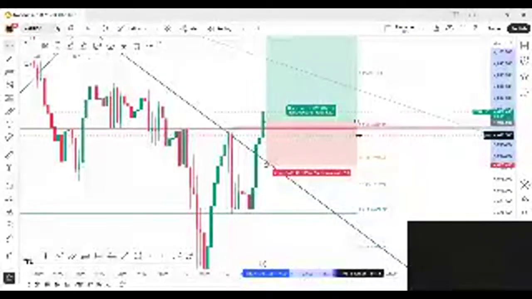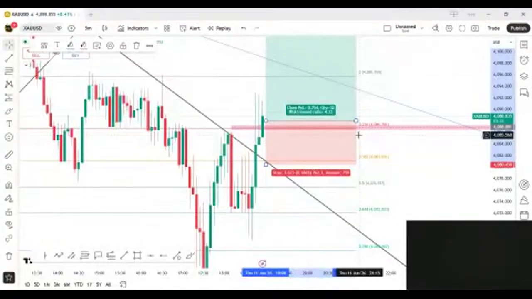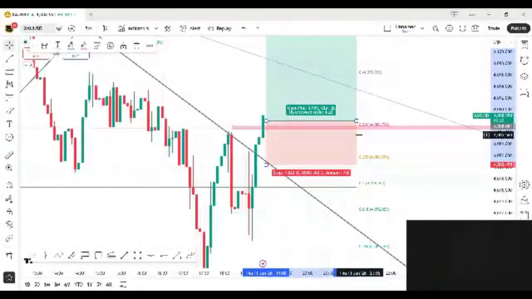The reason is clear. The market has respected that area three times. That's why I'm entering, and after booking some profits, we will move our trade to break-even if the market gives us the profit. So 4088 till 4084 will be our range. Our stop loss will be 4079 for safety. Our actual stop loss is 4080, but you have to use 4079.